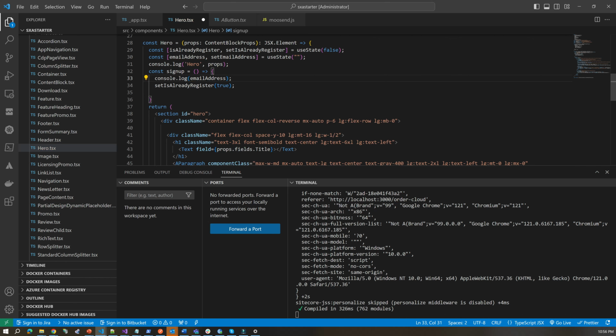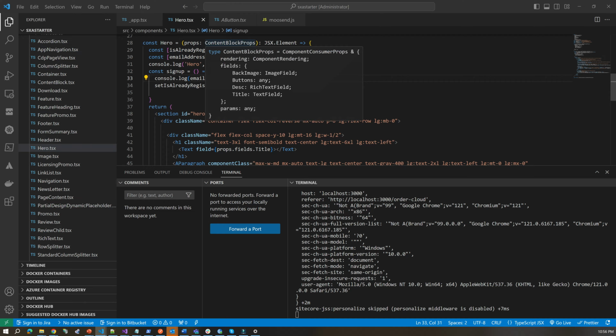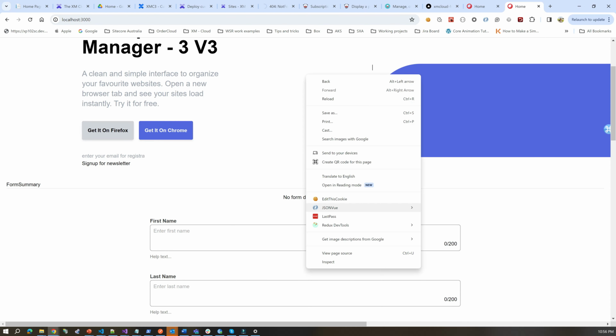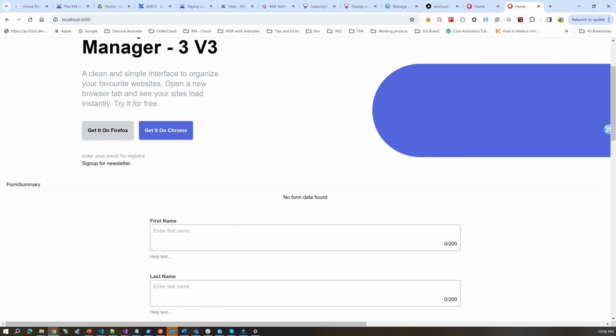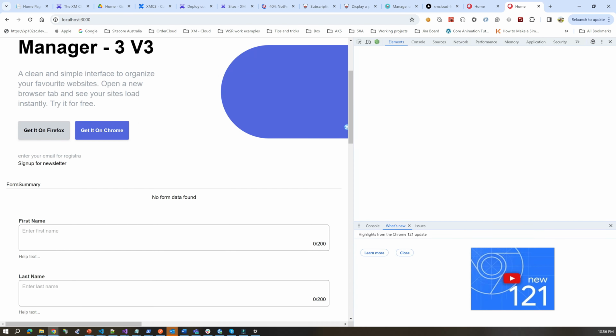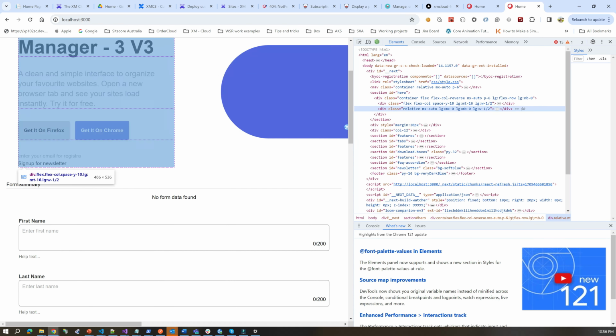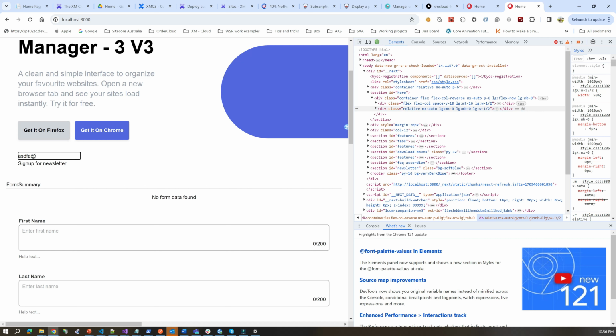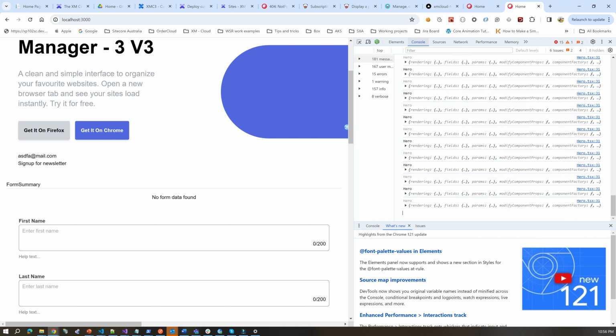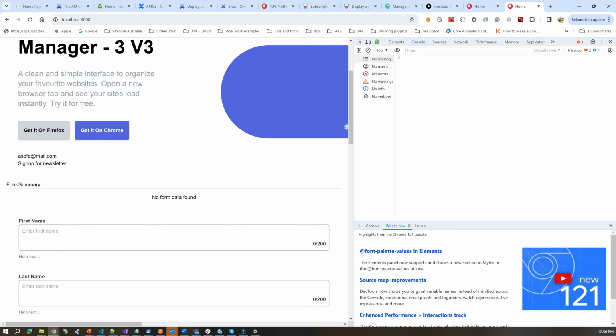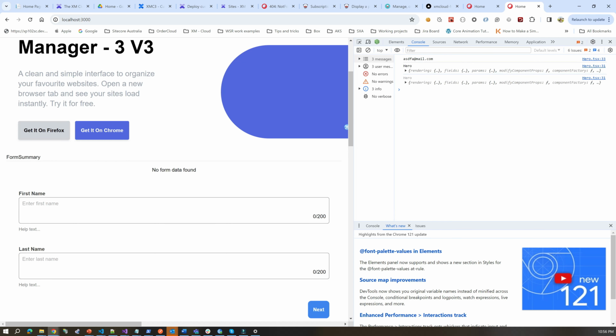So let's quickly check whether we are getting this one or not, and then we'll do another step to send the data. Should be really easy, by the way. So let me type at mail.com, and then let me clear the console. Then I'm going to press this button, and you can see this is coming fine after pressing this button. So now what we are going to do is send this data to